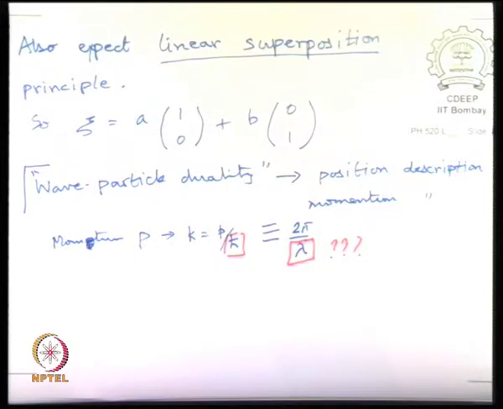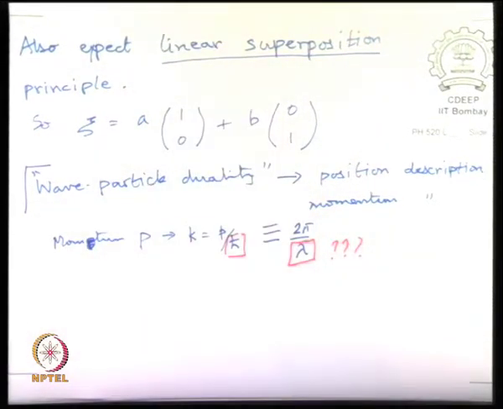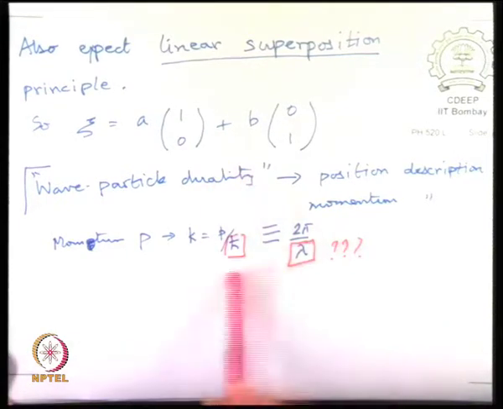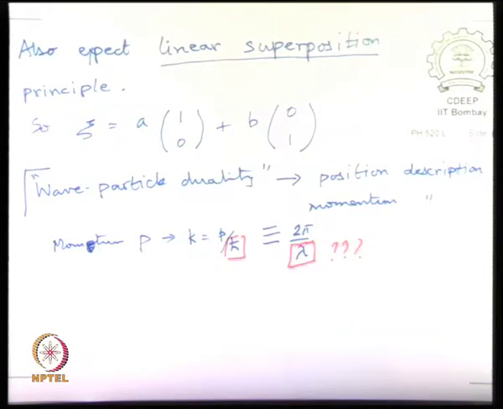Either you have a momentum description, or a position description, and in fact neither of them is completely precise because of the earlier part, the linear superposition. But the main principle of quantum mechanics is that there is linear superposition, and in any measurement you can observe only one eigenvalue. You cannot observe a mixture of all eigenvalues. It is just that x is a continuous space, so the set of eigenvalues is continuous, so you can come out with any one of them with some weightage. And so that settles this issue of what is the wave. Okay, there is no wave. The wave is essentially a de Broglie wave.